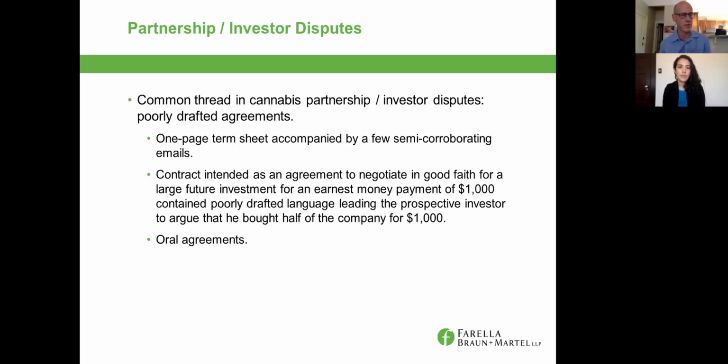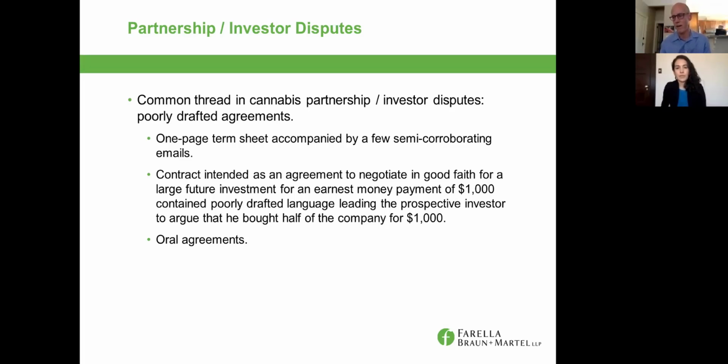And I've seen this a number of times where agreements are drafted, usually not by lawyers, and they're not written very clearly, and they result in disputes. I expect as the industry gets more sophisticated, we'll probably see less of this, but this is a problem that I've seen over and over again. Just a few examples of the types of things I've seen include one dispute where the contract between an investor and a dispensary company was set forth in a one-page term sheet accompanied by nothing more than a few semi-corroborating